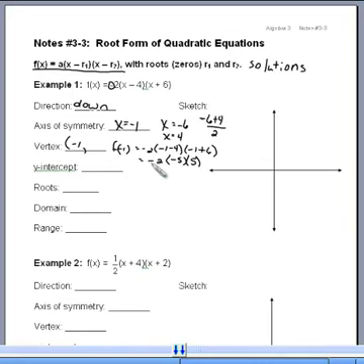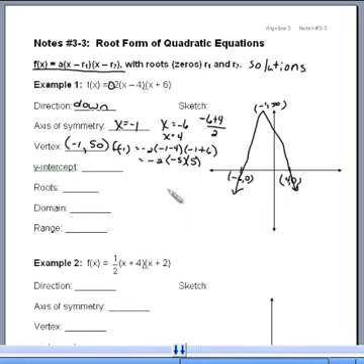That's -25 times -2, which is +50. So our vertex is way up at (-1, 50). We have zeros at -6 and at +4,